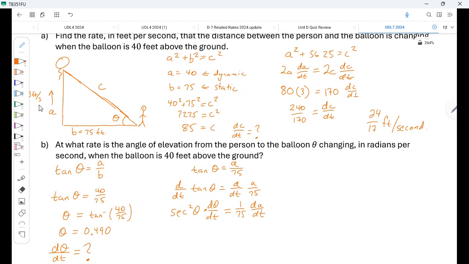All right, cool. So let's see. Do we know? We still have some things. dA dt is still 3. So we've got 1/75th times 3. We've got d theta dt. Now, my instinct was to just go ahead and do the secant squared of that 0.490, but I realized we have the right triangle. So if we kind of jump back to this stuff,